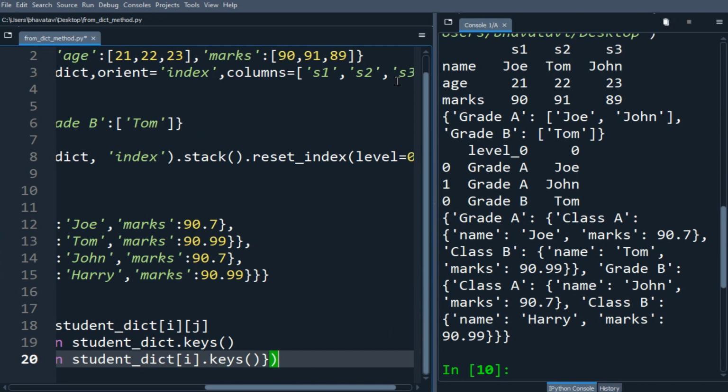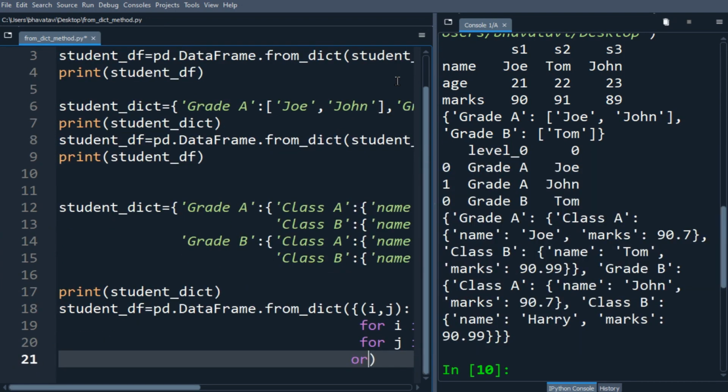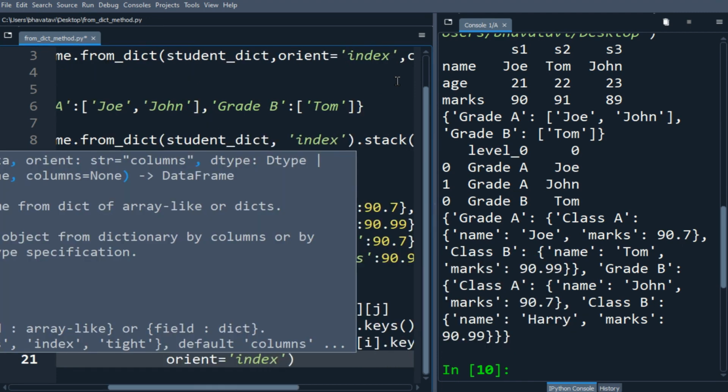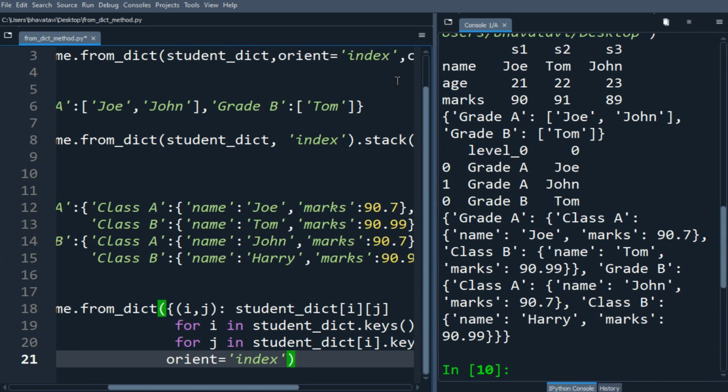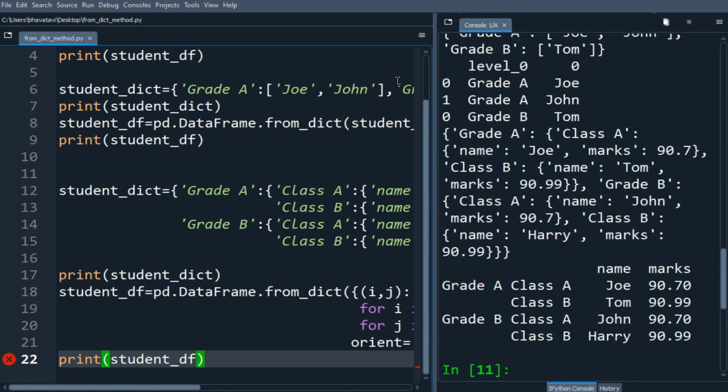And now let me put the orient also. Orient equals index, so our keys will be the index. Let's print the data frame student_data_frame. You can see here grade class